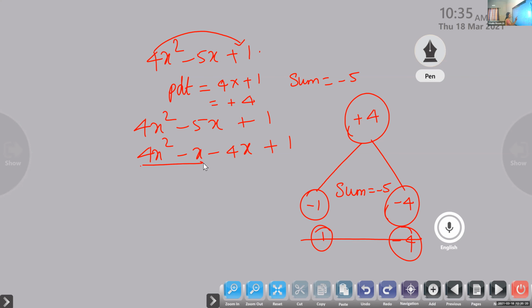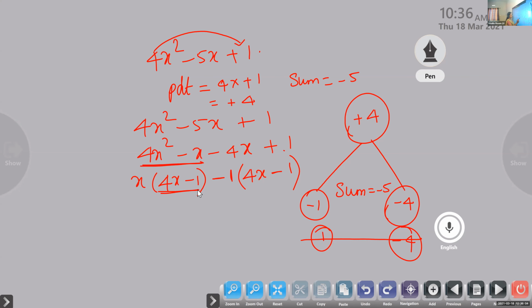Now from the first two terms we can take x as common. So we will get 4x minus 1. Now from these two terms we can take -1 as common, because no other factor is there. When we take -1, we have to change the sign of the next term. If it is plus, we will write minus, the additive inverse. If you want, you can open the bracket and check. -1 into 4x is -4x. -1 into -1, negative into negative, it is +1.